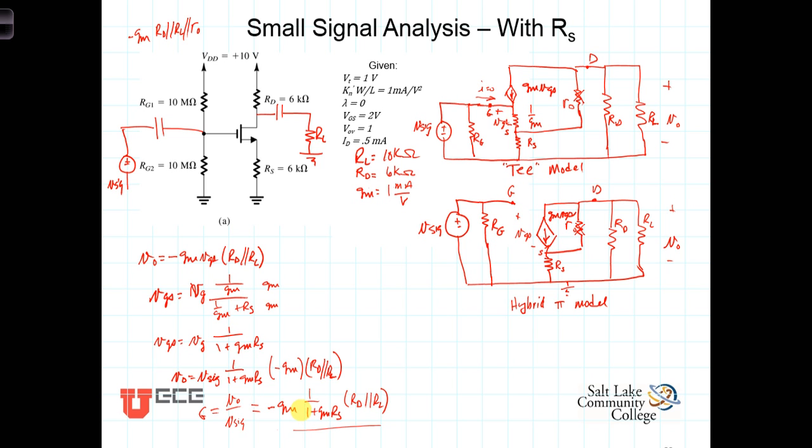Now, let's just show that we get the same results using the hybrid pi model here. Once again, the output, V out, is going to equal negative G sub M VGS times the parallel combination of R sub D and R sub L. That step is the same. But now VGS is the voltage across this dependent current source. There's no voltage division over here like we were able to do when the T model was present. So to get an expression for VGS in terms of V sig, we're going to notice that